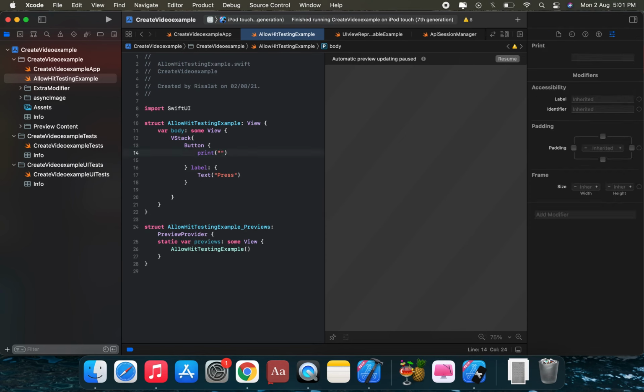The print statement says "Press button tapped".